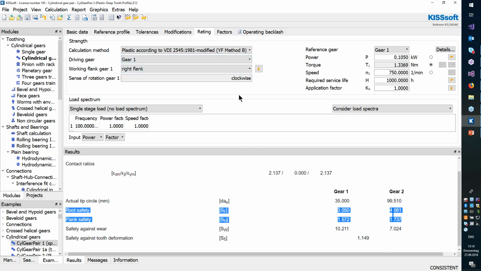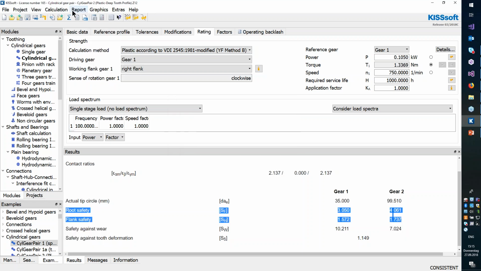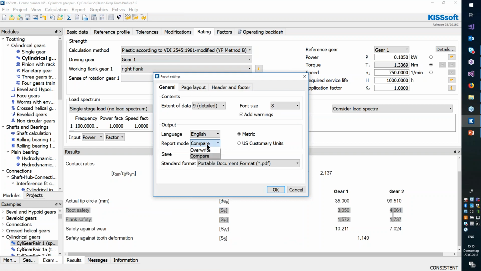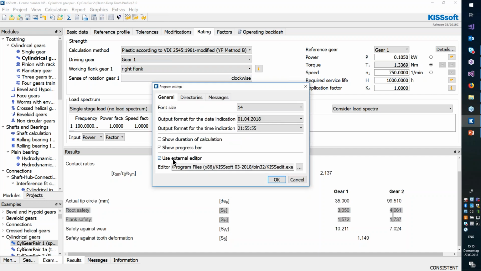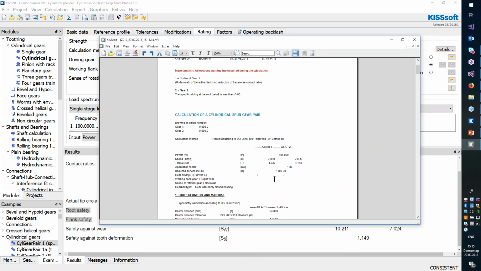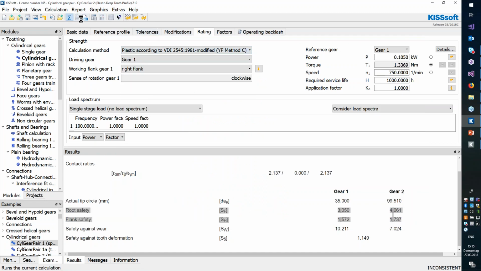If you want to compare results from 2 different calculation methods, for instance, or from 2 different designs, we have an option to compare results. If you go to report settings, here we have to set report mode to compare, and in extra settings we have to set use external editor. So this is, I will open the report. This is now calculation according to YF method B, and now I change it to YF method C. I calculate,